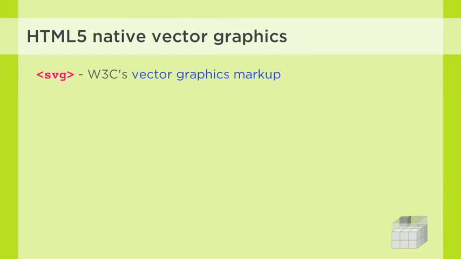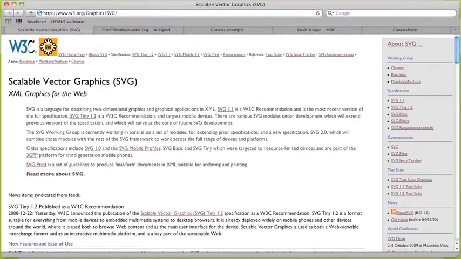Well, it comes from two sources. The first is SVG, which is W3C's vector graphic markup language. W3C has been developing SVG for quite some time. It's the result of years of collaboration and working together between companies like Adobe, with their long-term experience in vector formats such as PDF, PostScript, Display PostScript, all of that, and Microsoft as well, with their experience doing vector graphics and their own attempts at an XML-based vector graphics language like VML. So over years of experience, they came together, they developed SVG, it's based on XML,